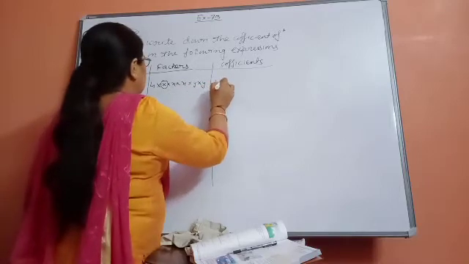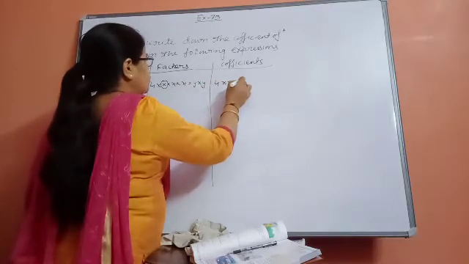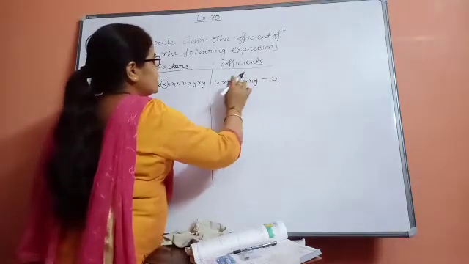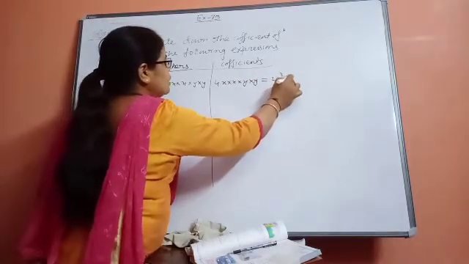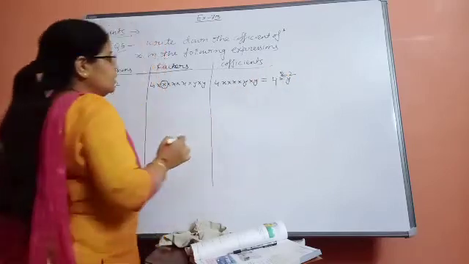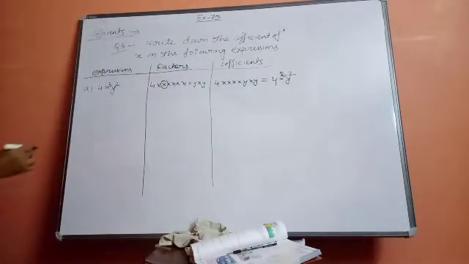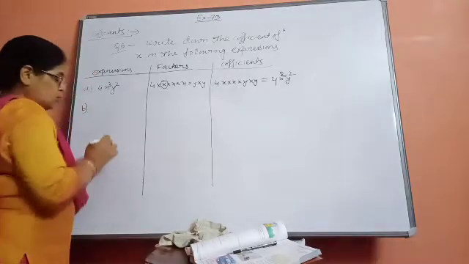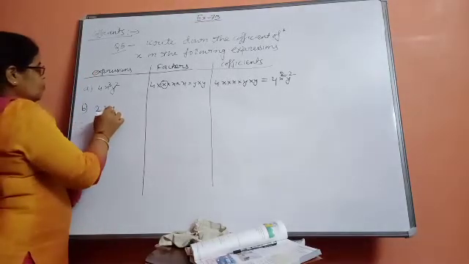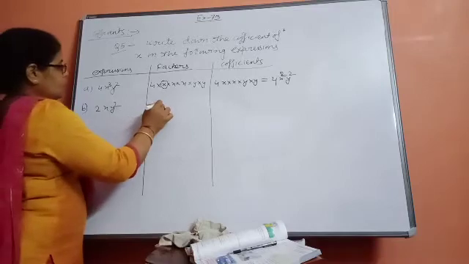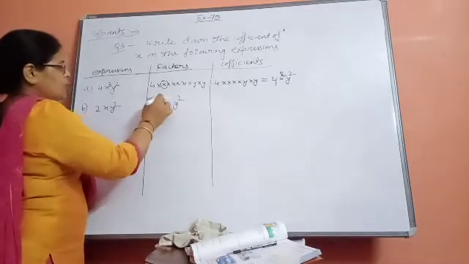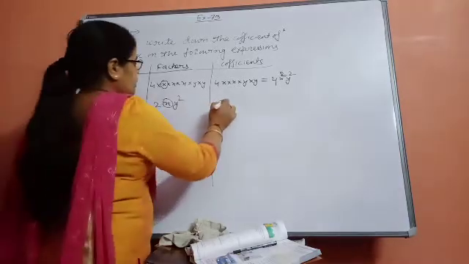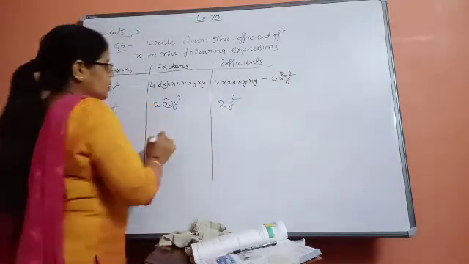Now 4x into y into y. So what will it become, beta? 4x 2 times, x square or y square. So this will be your answer. So in this way you have to do it. Okay, see now B part of the same question, 2xy square. So how will you do it? 2xy square. Here only one x is there, circle this, and the rest of the terms will be the coefficient. So it will be 2y square. So this will be your answer.